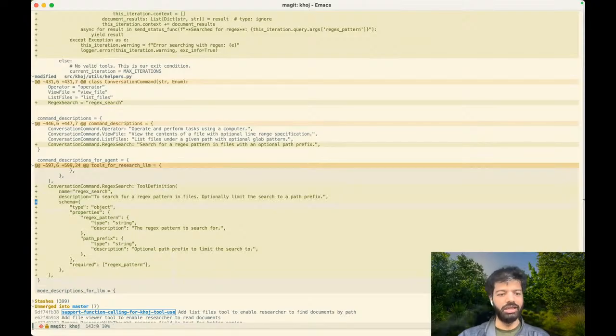So that tells the LLM what the tool is about, and then what parameters it can tune for the tool. So the regex pattern to search for, and then an optional path prefix to limit the search. And then this required part just tells the LLM that if you're going to choose the regex search tool, you're required to pass a regex pattern. You're not required to pass the path prefix.